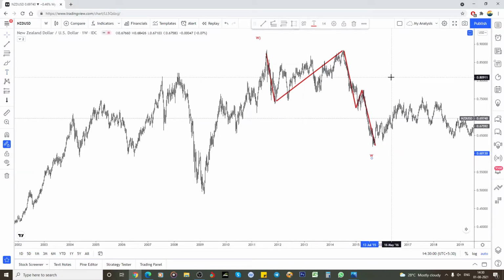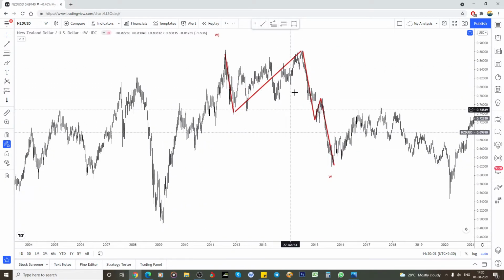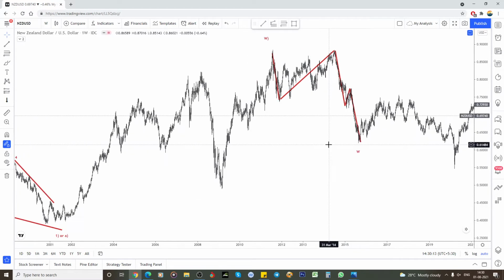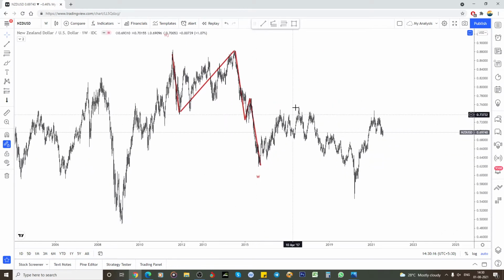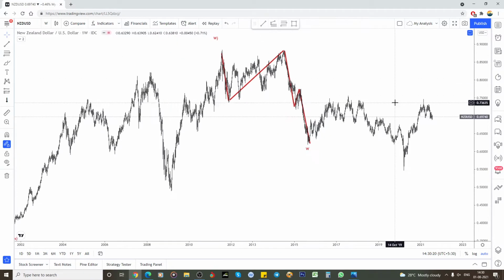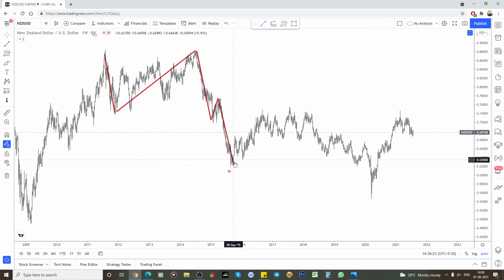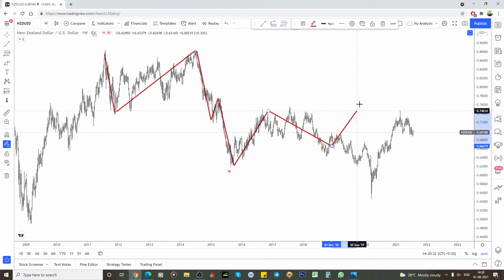So why I make this a W is because everything is a three-wave structure. So here it's a B or C, whatever. Even if we did it as B, C, we need to mark this as a W because this is a connecting wave. So the connecting wave also we need to do as B and C. C needs a 5-wave structure, but it is not a 5-wave structure. So I took this as a WXY. So this is a bigger W, and we need a 3-wave structure.